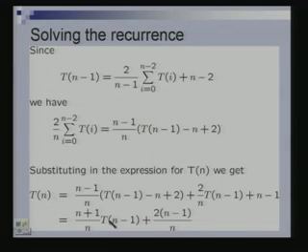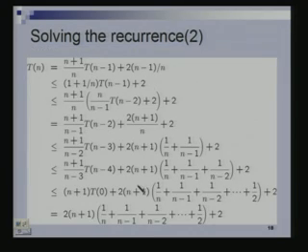Now, I have written T of n just in terms of T of n minus 1. Until now T of n was in terms of all the previous T's, right. So, this is the simplification I have achieved at this point. Okay. Let us see what I am doing. It is a bit of a dense slide, but we will run through this very quickly. So, this is what we have: n plus 1 over n times T of n minus 1 plus 2 times n minus 1 over n, right.